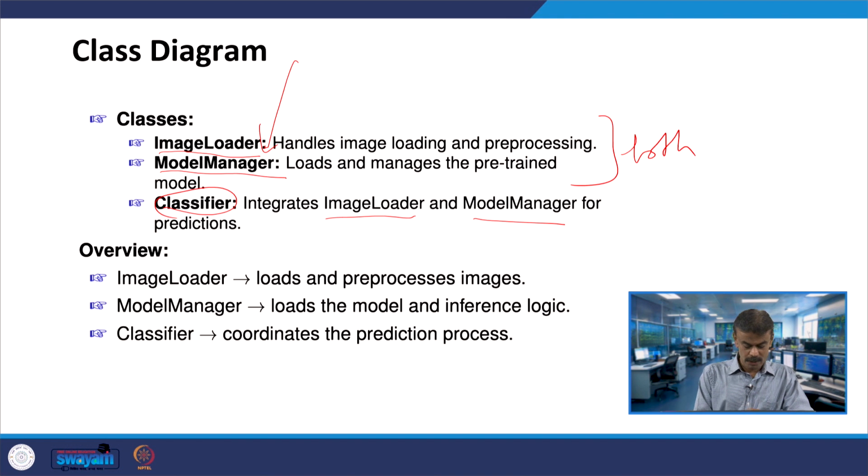The image loader loads and pre-processes the image, the model manager loads the model and holds the inference logic, and the classifier coordinates the prediction process. This is the overview, which in general you call a class diagram.